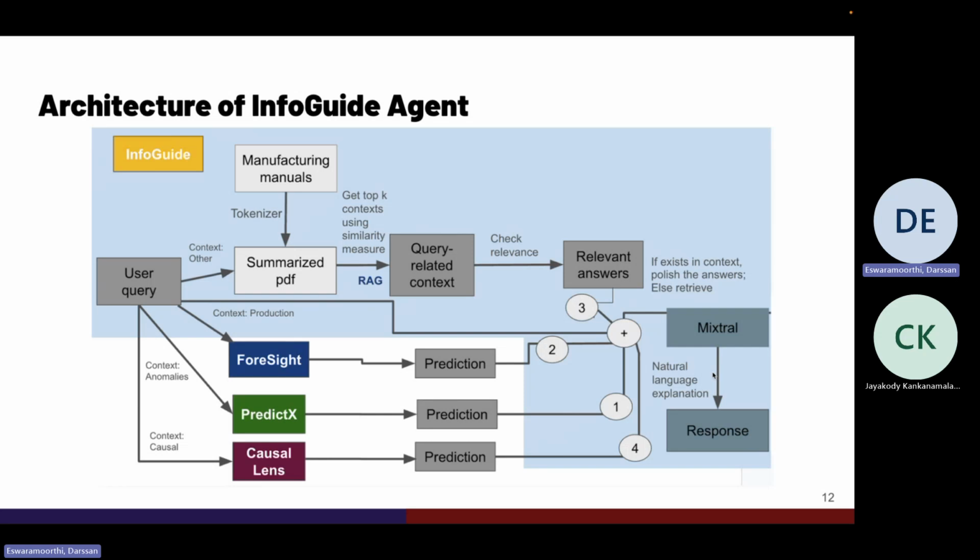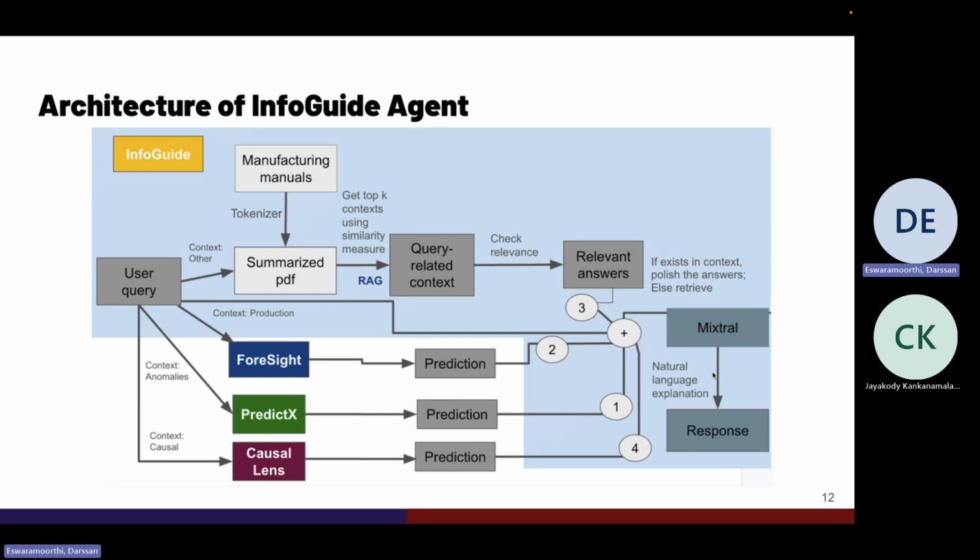So here is an architecture of our InfoGuide agent. This is our domain-specific system that supports decision-making on the production floor. InfoGuide just isn't a general-purpose chatbot. Instead, it is tightly integrated into the production prediction ecosystem, where a user query isn't just about real-time forecasting or anomaly detection. The system also invokes InfoGuide, which specializes in answering process-specific questions using internal PDFs like SOPs, user manuals,